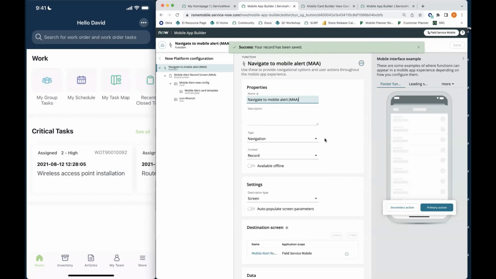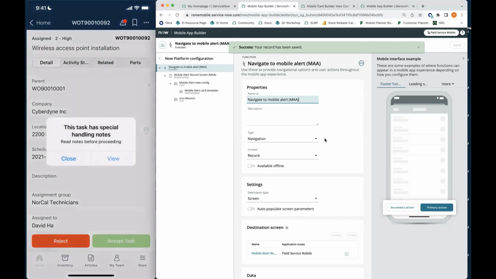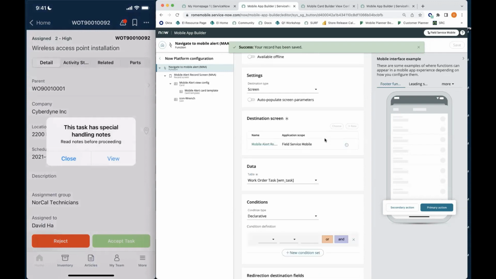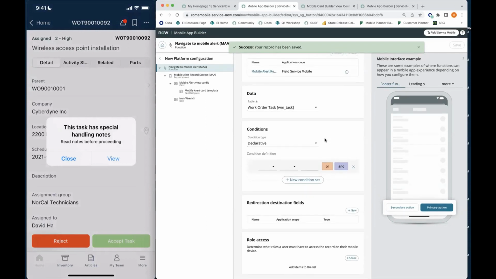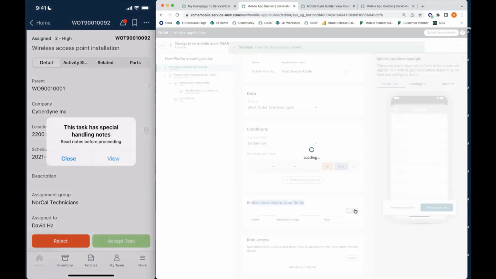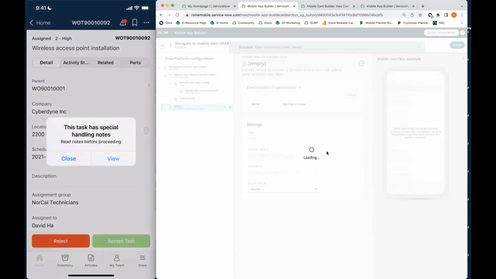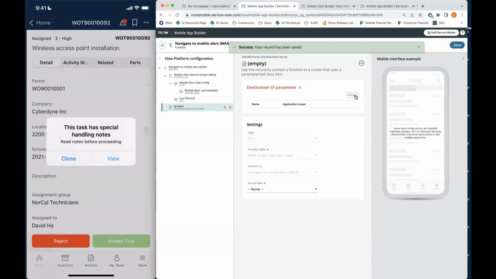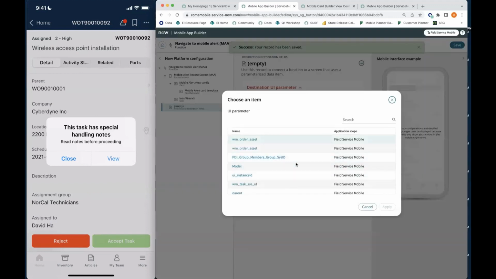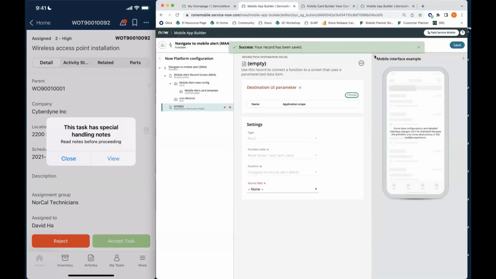If I were to navigate to this record screen, it needs some sort of context. Like how does it know to navigate from this specific record into the record screen for 1092? And so in order to pass over that context, we need to use this redirection destination fields table. If I were to create a new one here, you'll notice that it's going to ask for a destination UI parameter. I can't choose one yet because I haven't created any UI parameters yet. So I'm going to delete this